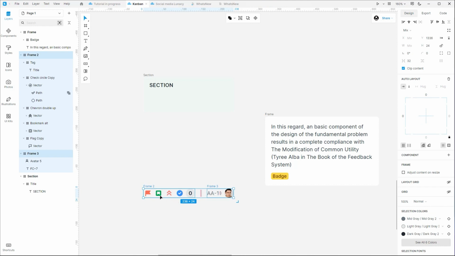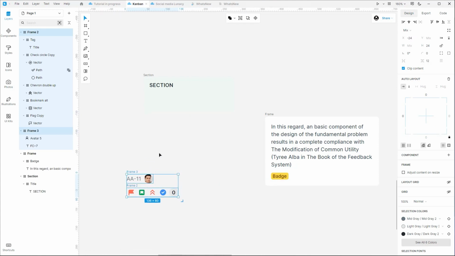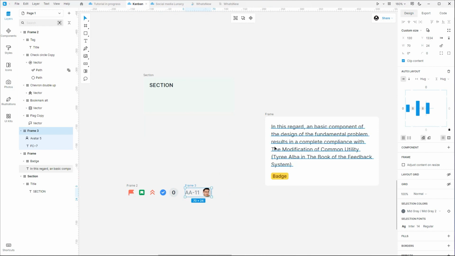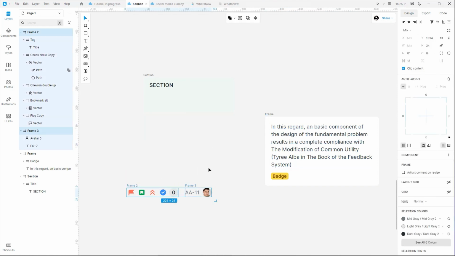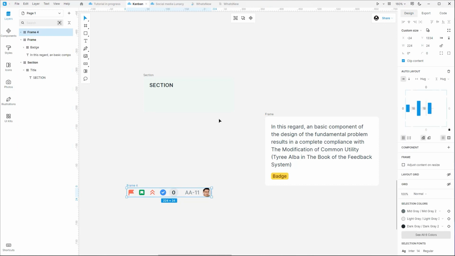If we drag them onto the card though, they will end up one under the other because we set the card's auto layout to vertical. To fix this, I will group the icons and the second element into a single auto layout frame. I will also use this distribute option. It pins the elements to the sides of the frame. I set it to the same width as the text block, and drag all these elements into the card.